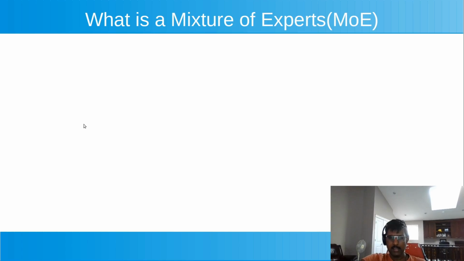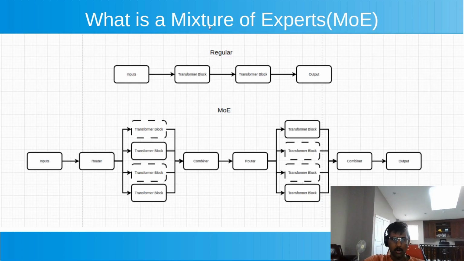So what is a Mixture of Experts? On the top we have a regular transformer model. You have your inputs, they go into your transformer block, and then they go through a bunch of transformer block layers, and then you have your output. In a Mixture of Experts model, you have your inputs and outputs, but instead of a single transformer block,